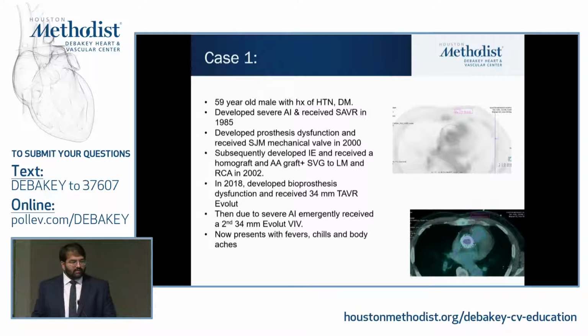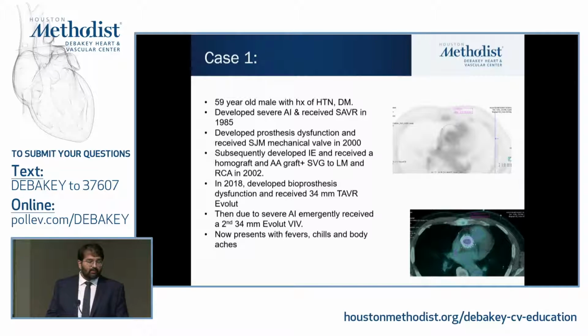So our first case, very complicated gentleman, 59-year-old man with a history of hypertension and diabetes. He developed severe AI and had a surgical valve replacement in 1985. The details of why he had AI at that time are scant, but